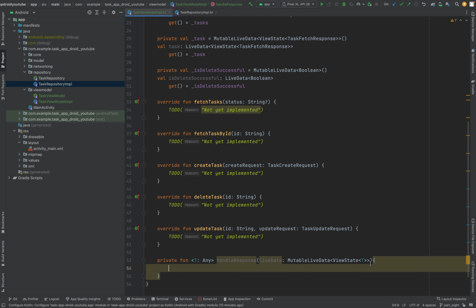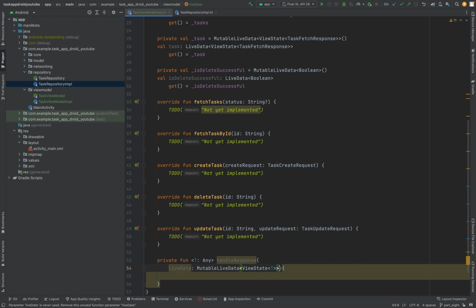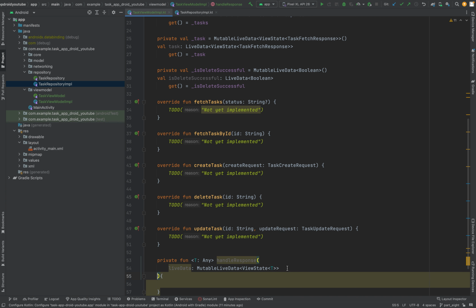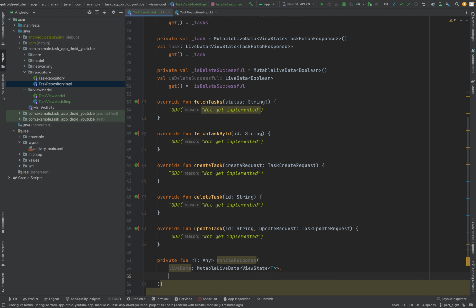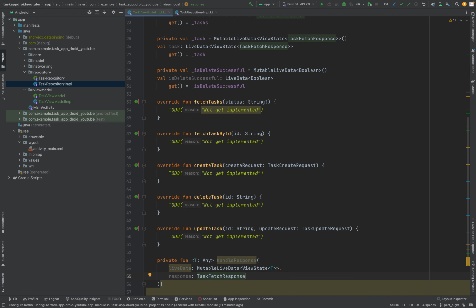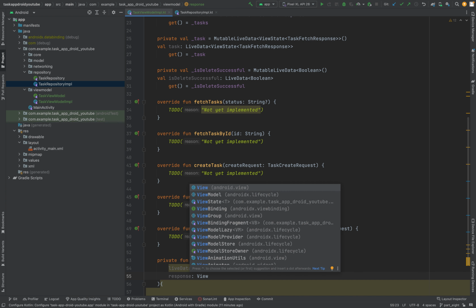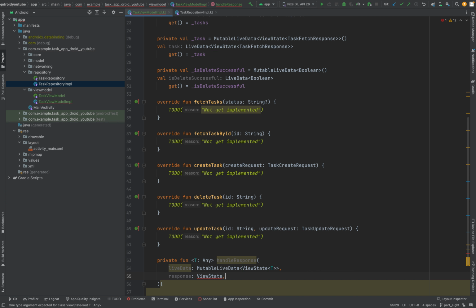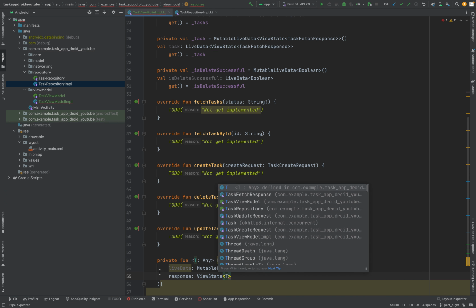So, let me do a line break in here, and break in here. Okay, and we have a response, but this response will also be a ViewState, and will also be type generic. So